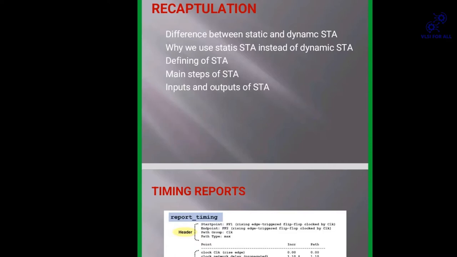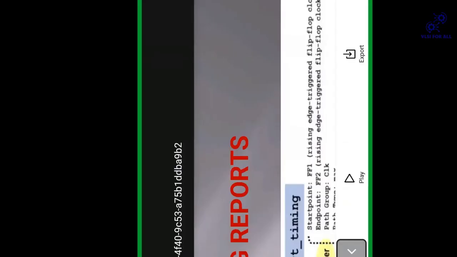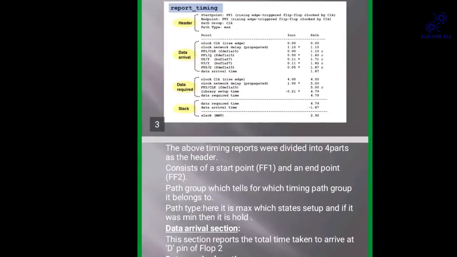Why does it break it? Because it becomes easy to calculate the timing path and the delay. After breaking it into small timing paths, it checks each and every path for timing violations, whether they are met or not. That is the main step the STA does.